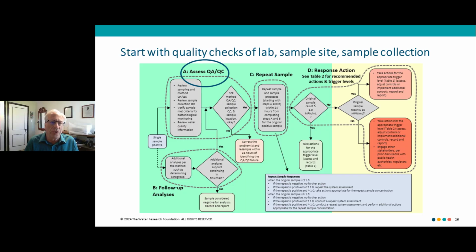coli, you assess QA/QC. You go to the lab: did all the QC pass? Did you notice anything unusual? As Mark explained, did you look at the color of the trays? Was there something unusual there? Should we get a second opinion? But you also look at the sample collection site. Was there something going on at the sample collection site? Was maybe the tap out of order and a different tap was used, or maybe there was some maintenance going on that could have affected the actual sample tap location.